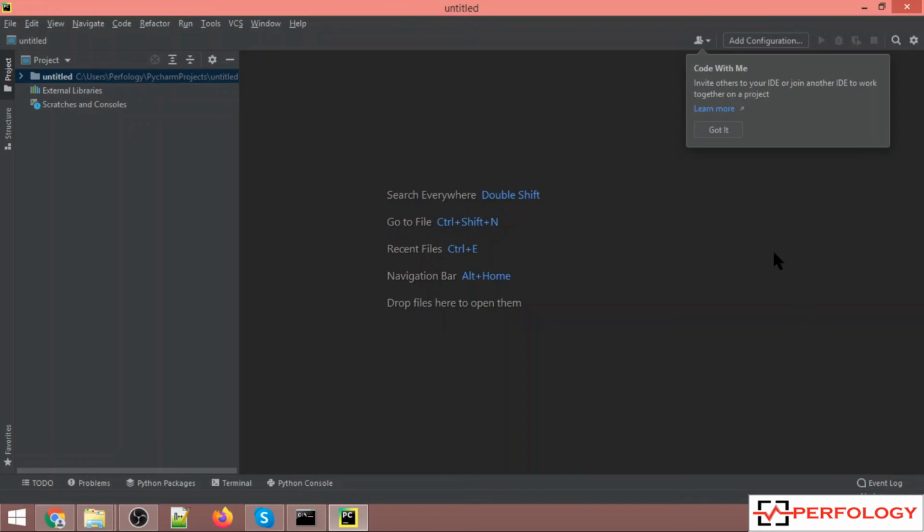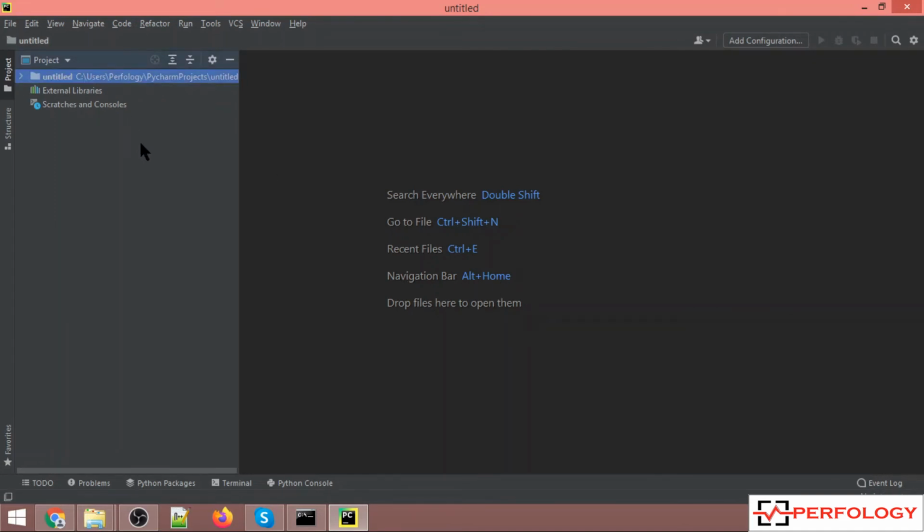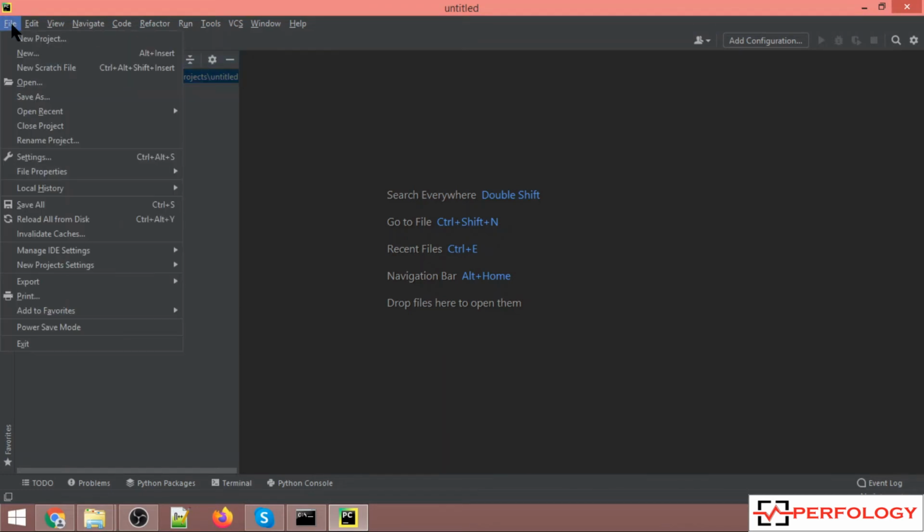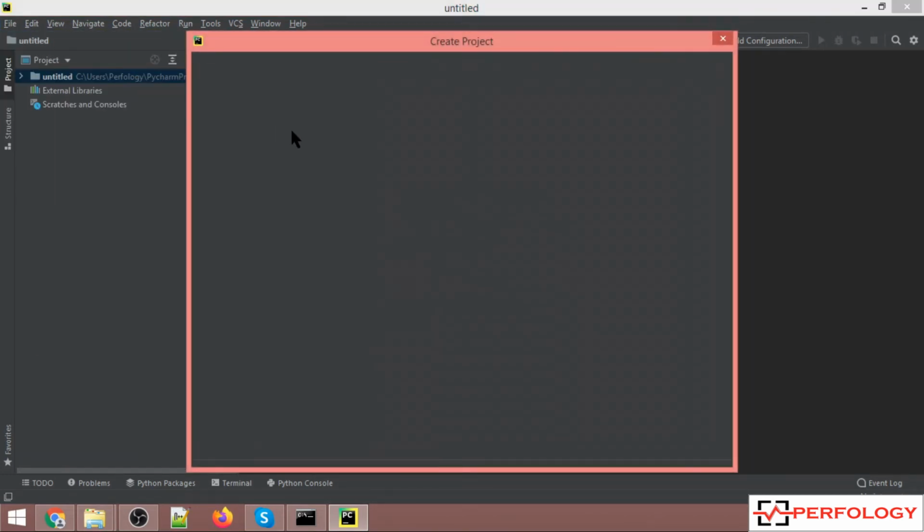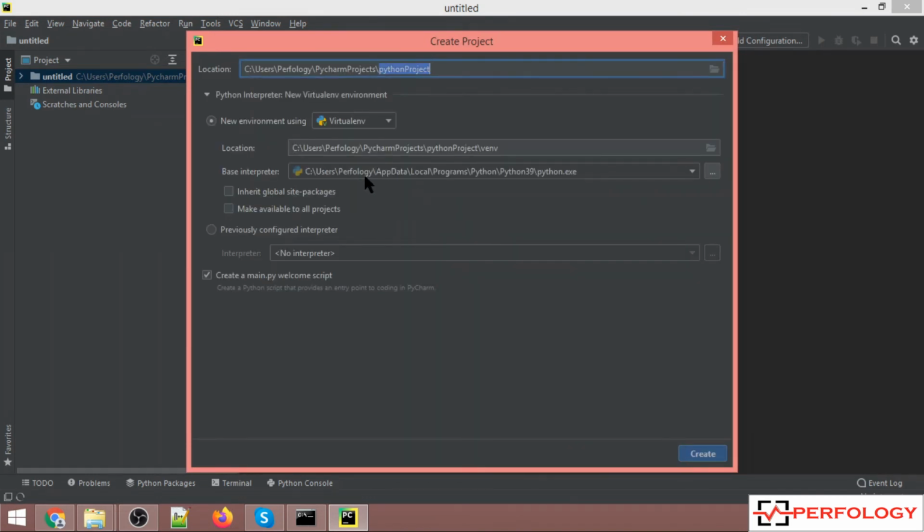We have successfully launched PyCharm, and over here this is our file directory. Now let us create a project. So I'll go into file and click on new project, and by default it has taken the name Python project. Let us create it.